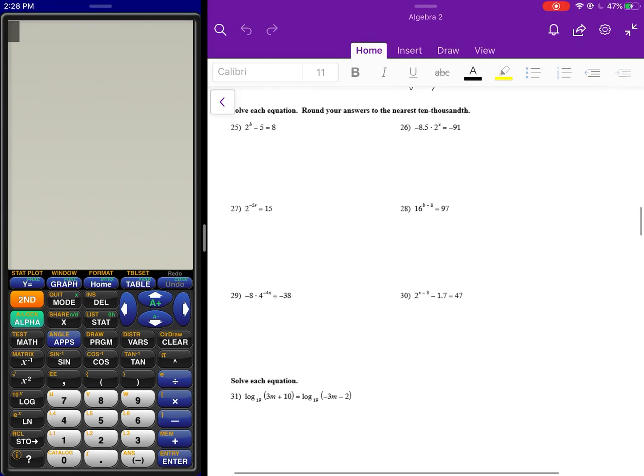For the next video, we're going to take a look at some questions from 25 to 31. And 25 to 30 all kind of fit the same form. I know there's different variations, but the idea is there's always a variable that's in the exponent, and there's only a variable in one of the exponents. So we have two options, two different ways to solve this, and even with those two, there's probably other little variations through that. But when we have just a variable in one of the exponents, not in more than one exponent, it's most helpful to isolate